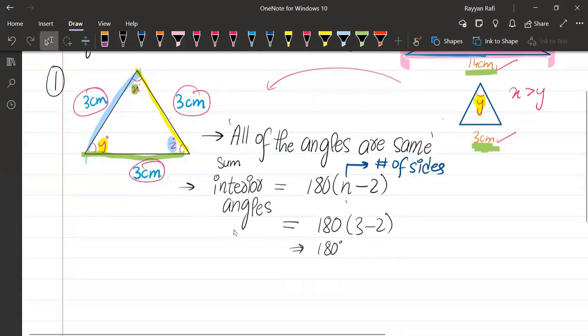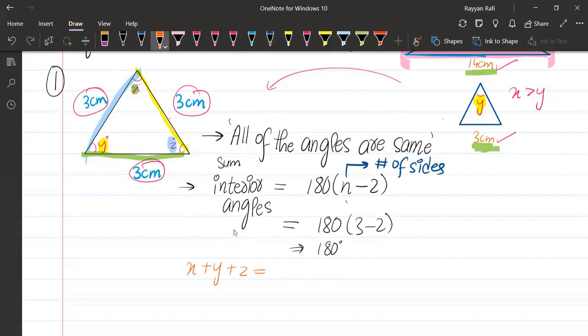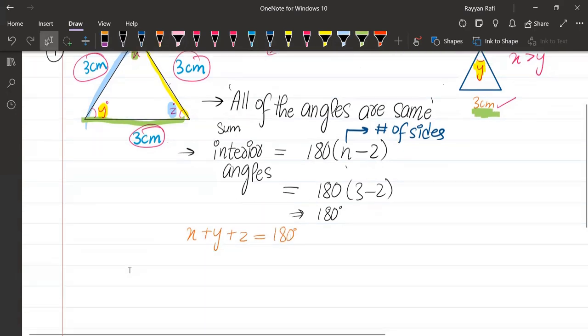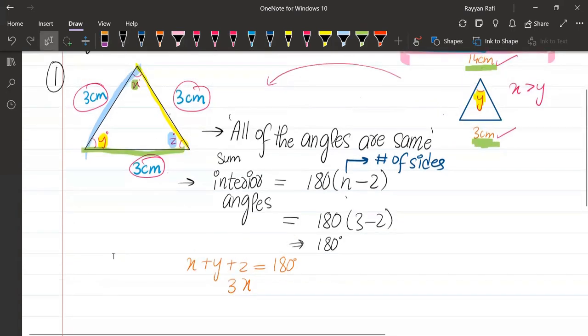तो अगर मैं बोल दूं कि उनका सम 180 है, तो can I say that x plus y plus z is equal to 180? I can say it, yeah. So if x plus y plus z is equal to 180 degrees, क्योंकि इन सबकी साइड सेम होगी, तो I can just give it a common thing, that 3x. Now, हमने x plus y plus z को 3x लिख दिया, क्योंकि मैंने ऊपर यही कहा कि सबकी साइड्स सेम है, सबके एंगल्स सेम हैं, तो मैं कहता हूँ y भी x के बराबर ही होगा,